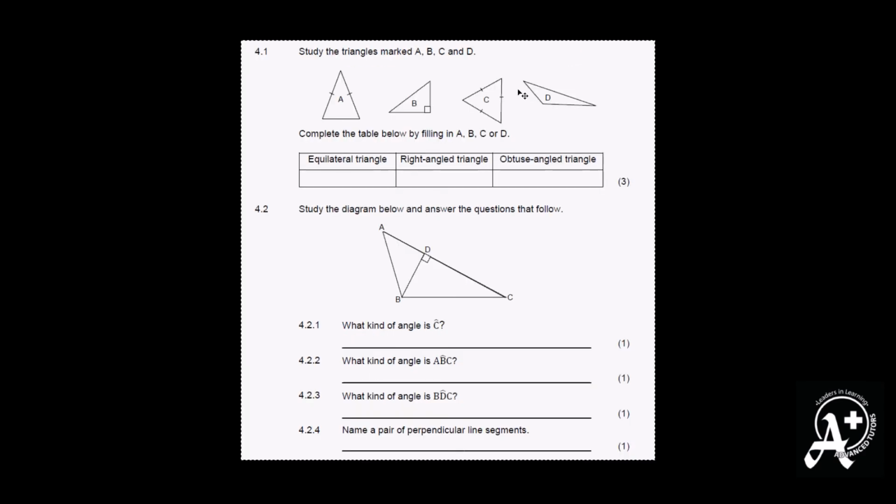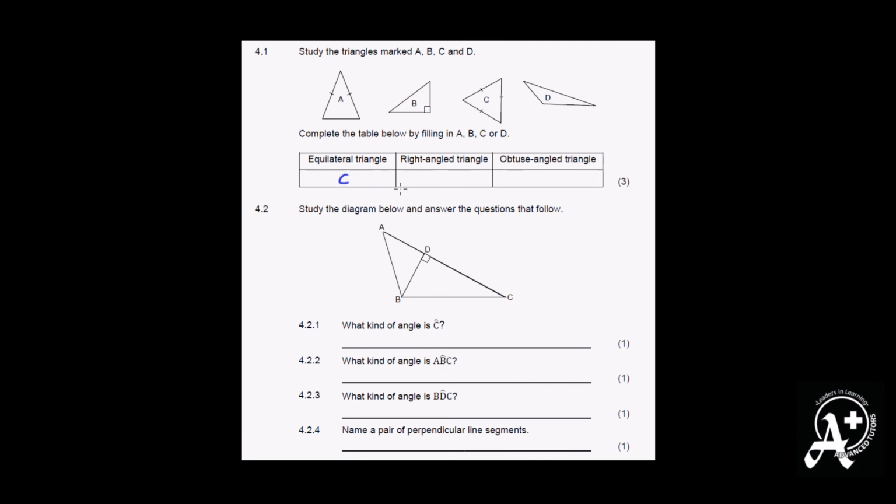4.1, they ask us to study the triangles marked A, B, C, and D. And they ask us to complete the table below by filling in either A, B, C, or D. Right, so they ask us for an equilateral triangle. Now we know in an equilateral triangle all the sides are equal to one another, so we know it will be C, because these little lines on each of the sides indicate that they are equal to one another, so